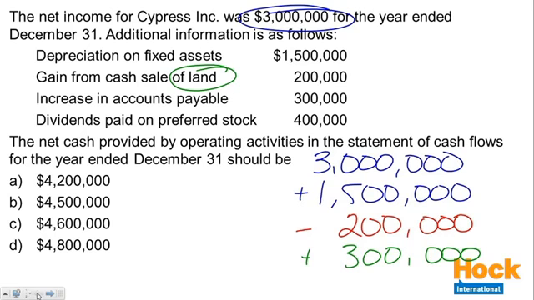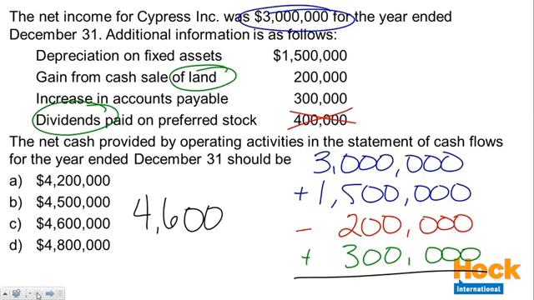The last item, the dividends paid on preferred stock. Well, we've got a couple of things here. First of all, dividends paid are not an operating activity. Dividends paid are a financing activity. And in addition to that, dividends paid aren't included in net income. They're an adjustment after net income is calculated. So it's a financing activity, and that $400,000 isn't included in net income anyway, so there's no adjustment made for those $400,000. And so we add all of this together, and what we end up with is